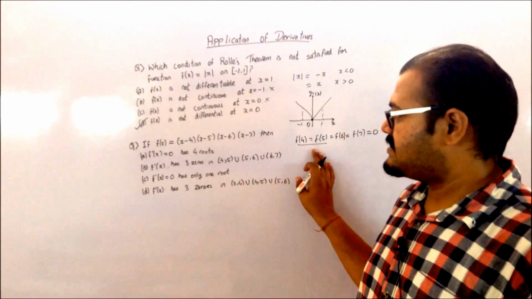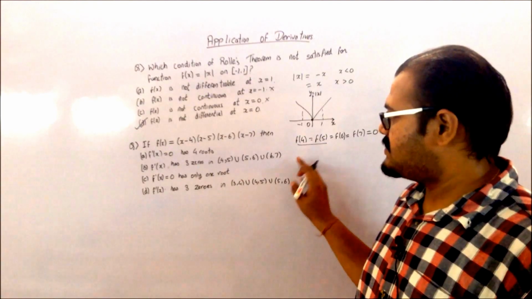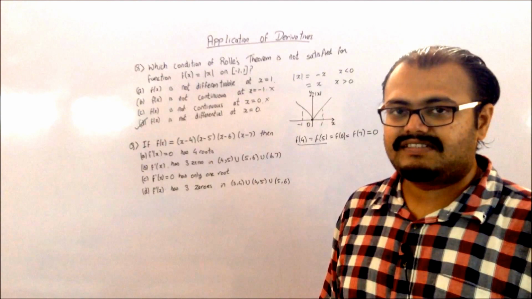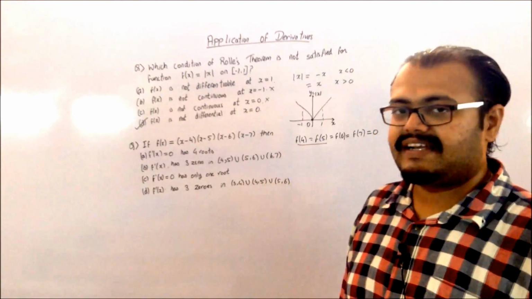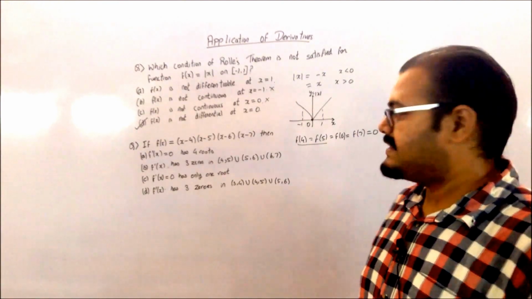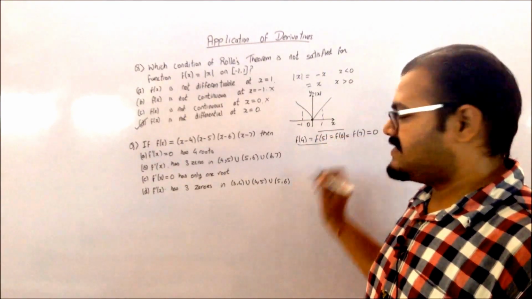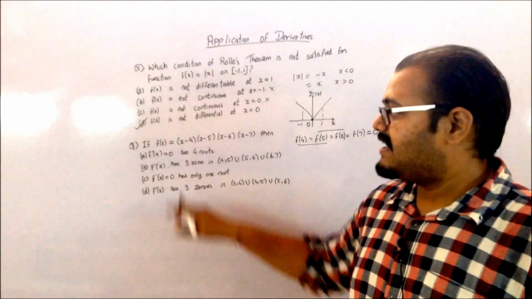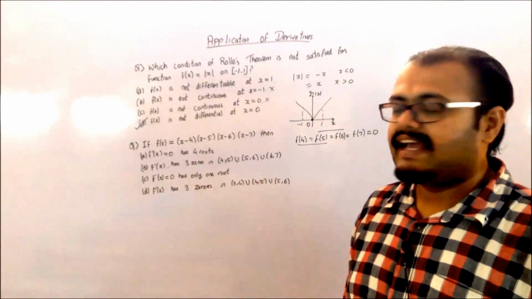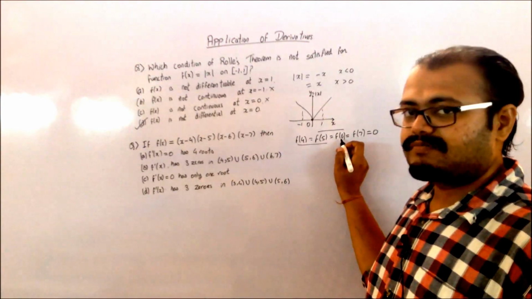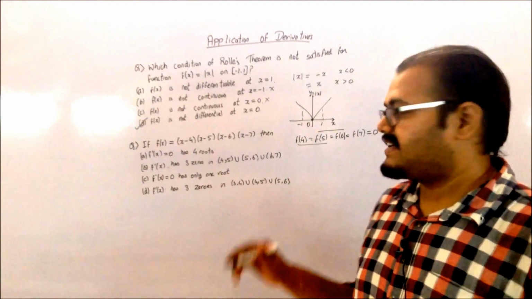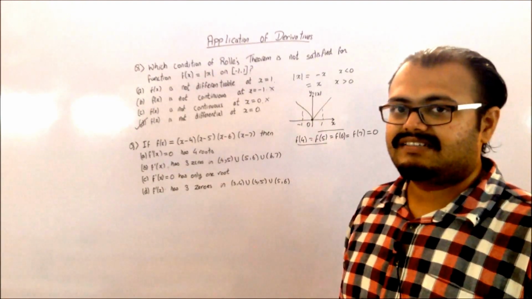So by Rolle's theorem, I will be getting a value between 4 and 5, which is f dash of c equals 0. Between 4 and 5, I will be getting one of the values which is going to be 0. Then if I take these two, that is 5 and 6, again f of x is going to be continuous and differentiable between the limits, and my f of a equals f of b. So my Rolle's theorem is again satisfied. So between the range of 5 and 6, I will be getting a root.